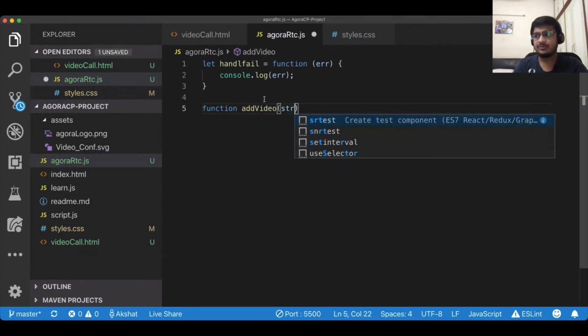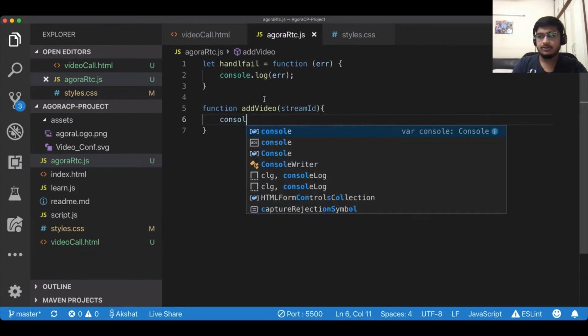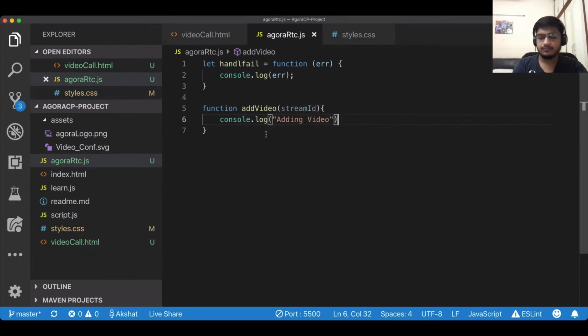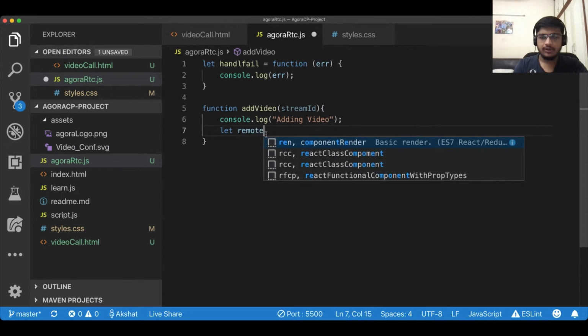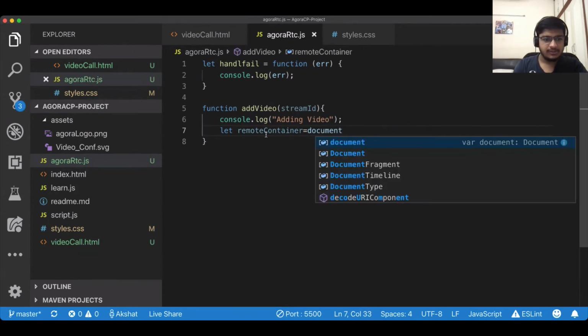So right now this may seem a little sudden, but I'll explain why I'm doing this. Console.log, let's say adding video. Let remote container. Again, if you remember, remote stream is basically whatever is not mine, which is the other users.